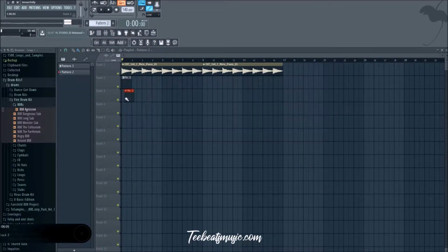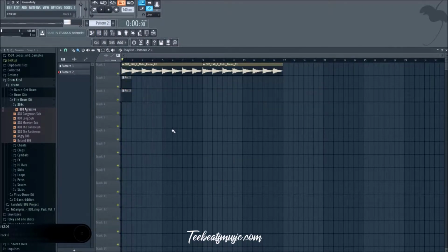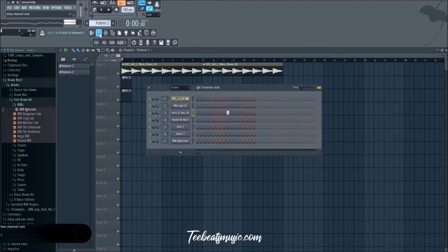So let's add pattern 2. I like to keep everything separate because when you start to build up, you can start taking away easier. You know what I mean? You don't have to go take out from pattern 1. So it's just in my mind easier, but some could definitely argue that. So anyways,